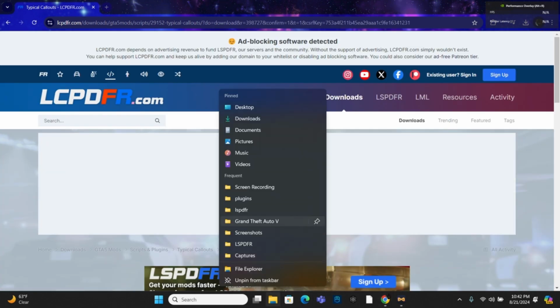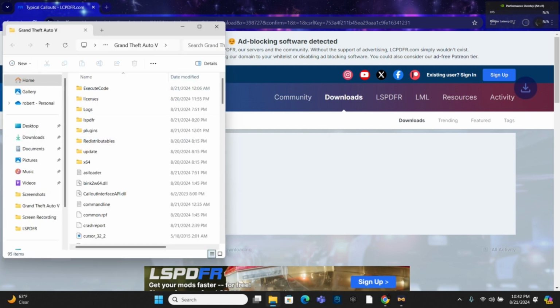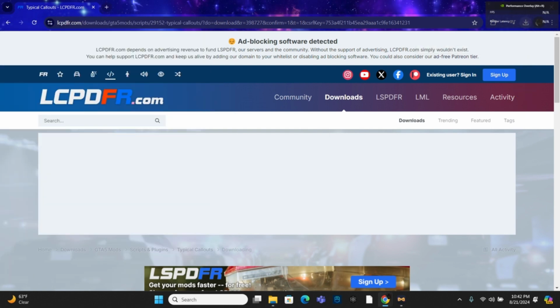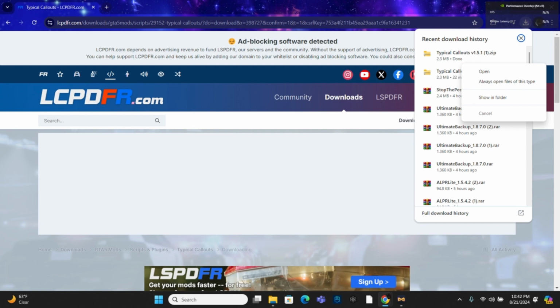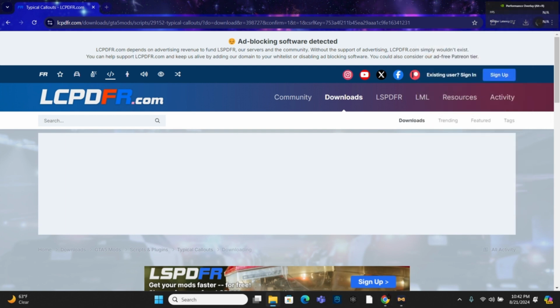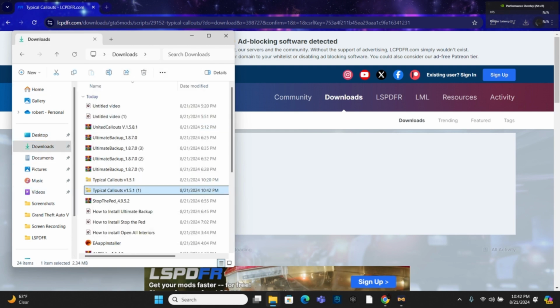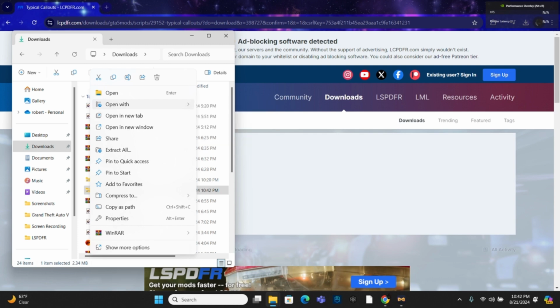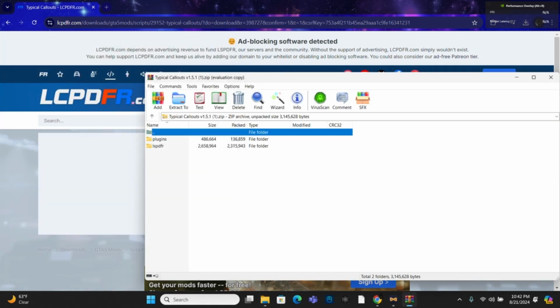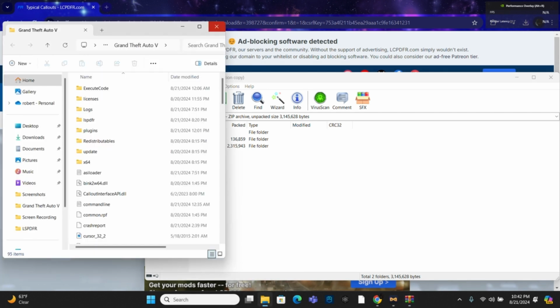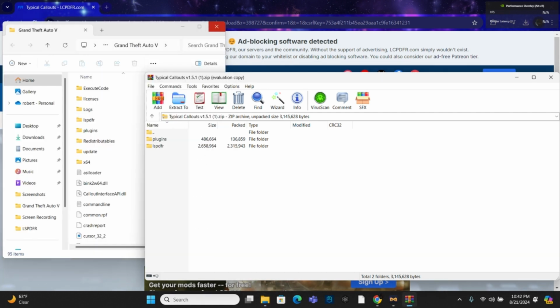I'm going to open up my GTA 5 main directory while I wait. Now I'm going to open that with my WinRAR. Now I'm going to go to my directory. I'm going to copy these two folders, drag and drop in my